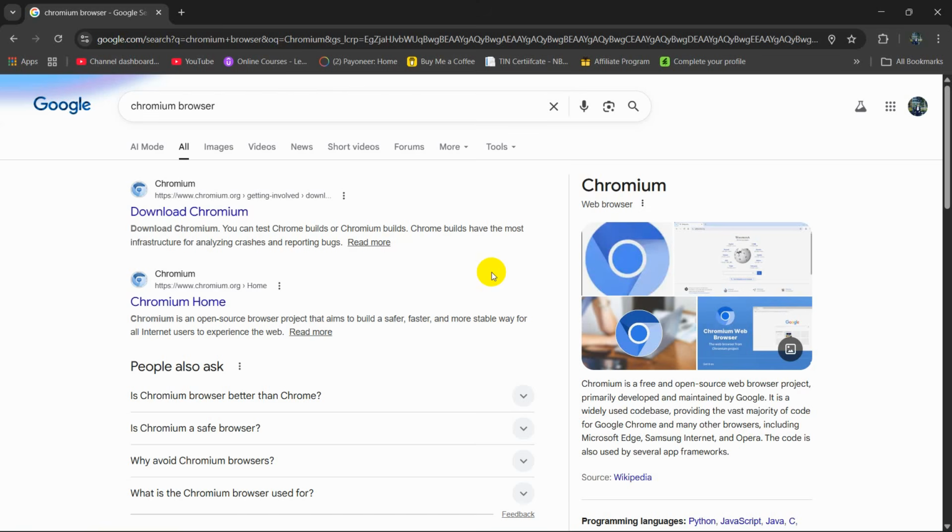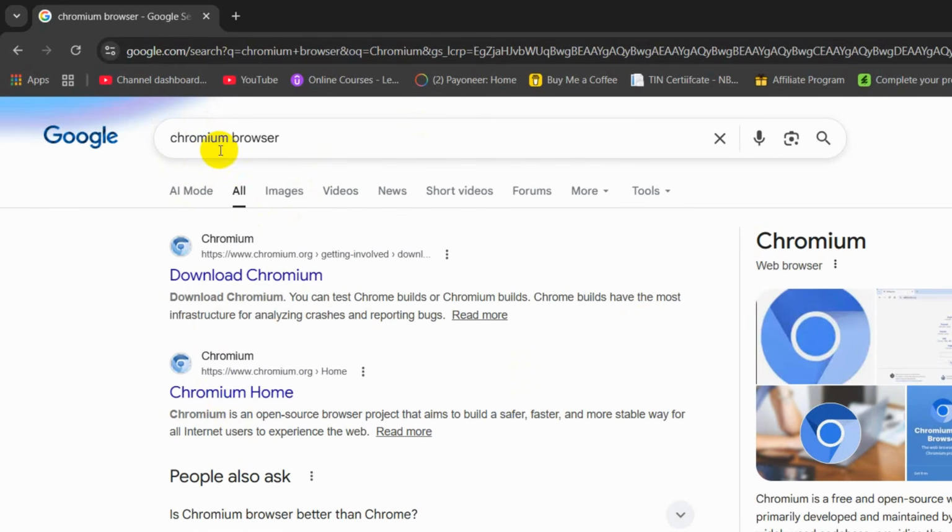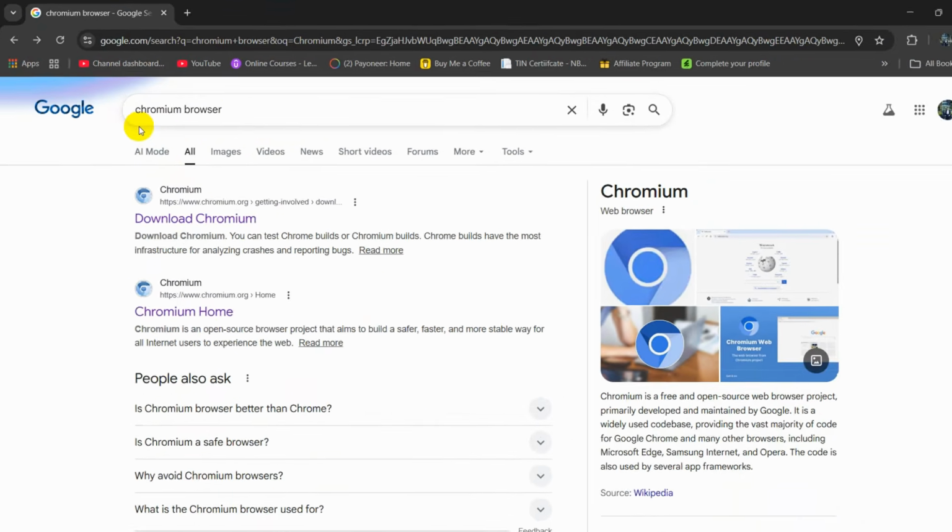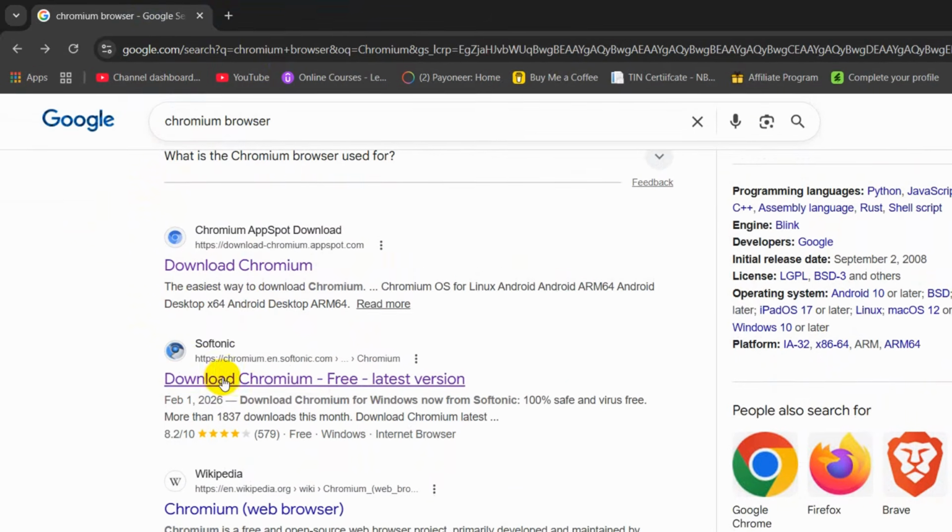In this tutorial, I'm going to show you how you can download and install Chromium browser on your Windows 10 or 11. So for it, just go to any browser and search for Chromium browser. After that, you just need to go down and you need to look for Softonic. Here you can see Softonic,